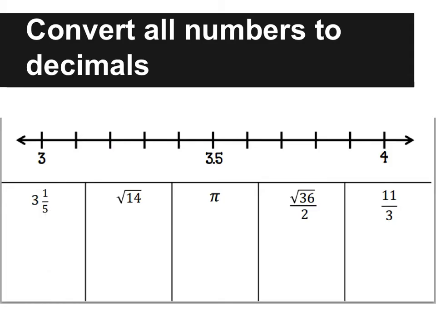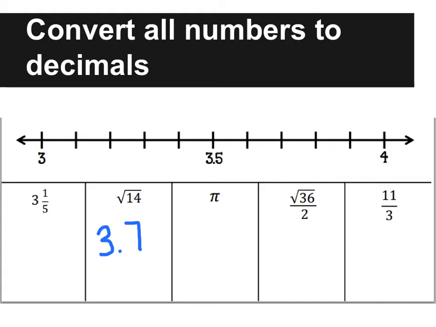The next one we're going to look at is the square root of 14. We know that 14 is not a perfect square. We can look at our multiplication chart and tell that. And 14 is between the perfect squares 9 and 16. So we know the square root of 14 has to be between 3 and 4. If we use our calculator to round to the nearest tenths place, the square root of 14 is approximately 3